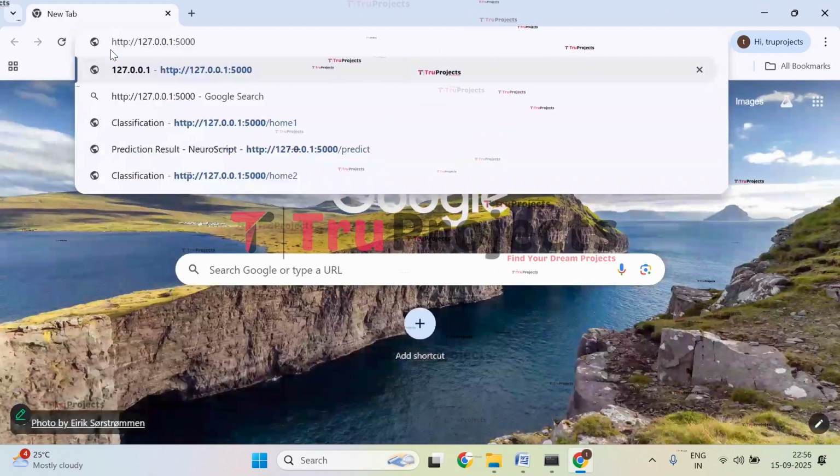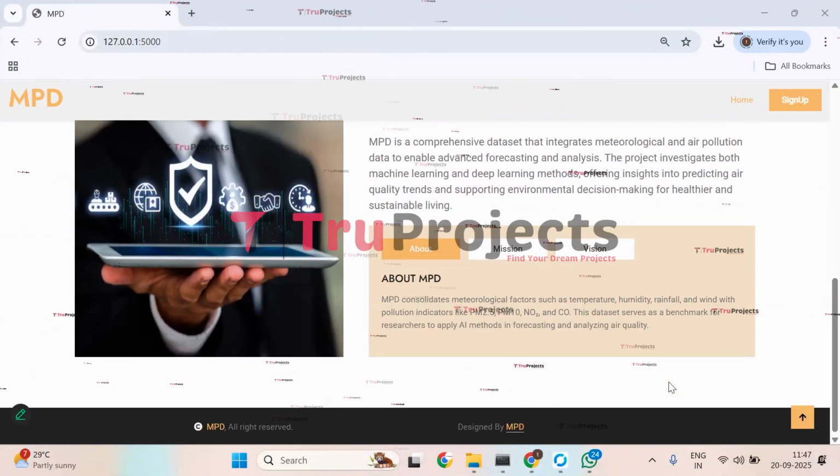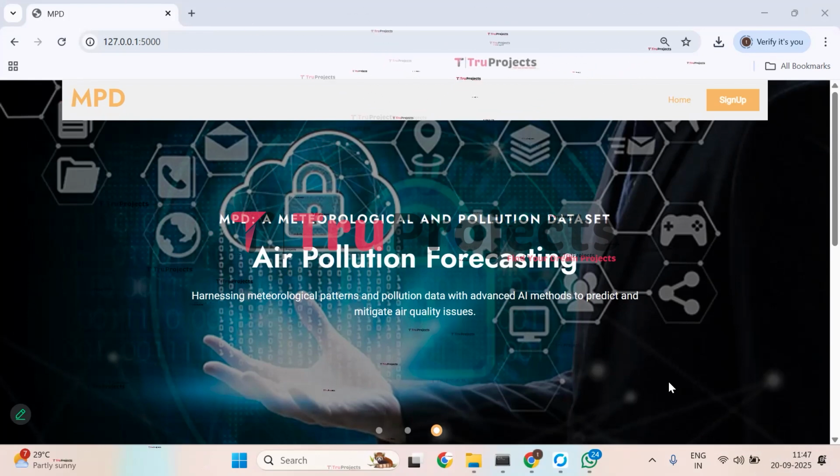So paste the link here. Now click on enter. So this is the web page of the project, which is displayed in the browser, and this is developed using Flask framework. So we need to get signed up first. Click on sign up